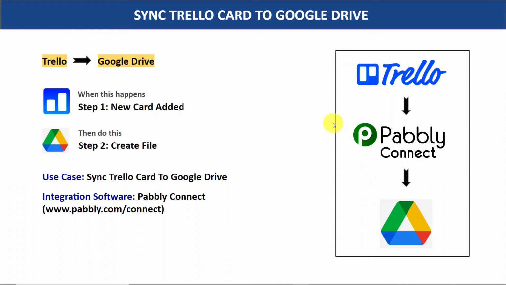The first choice is download the image from Trello and re-upload the image back into Google Drive. The problem with this approach is it's actually very repetitive and tiresome, considering you will be building many cards. So I would suggest that you bring in some automation so that whenever a new card is added in Trello, it will automatically create a file in Google Drive.